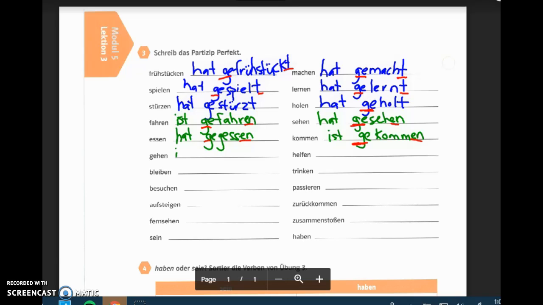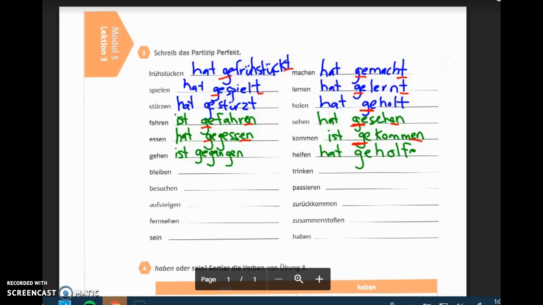We have ist gegangen. So gehen is the verb to go in English. And like in English, in German, gehen changes to ist gegangen, go changes to went. It changes to a completely different sounding word. Helfen is hat